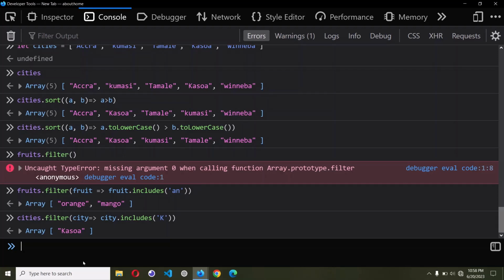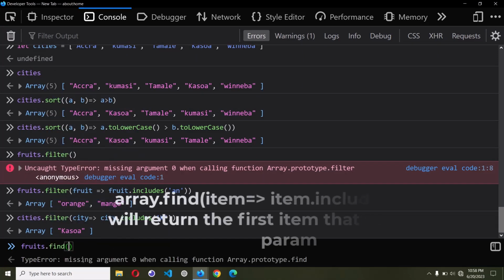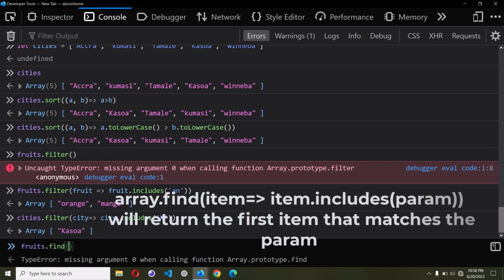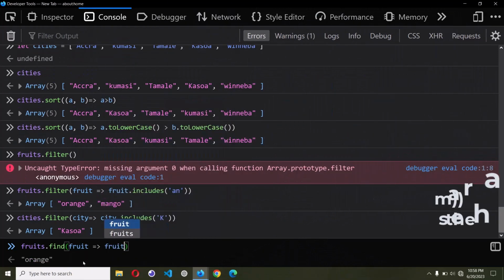Now let's move on to the find method, and like I said earlier, the find method is used to find the first element that matches the description that we give. The syntax for the find method is the same as the filter method. So let me call my fruits and call my find method. It will take a callback function with one parameter. So I'll call this one fruit like this, bring my arrow and say fruit dot